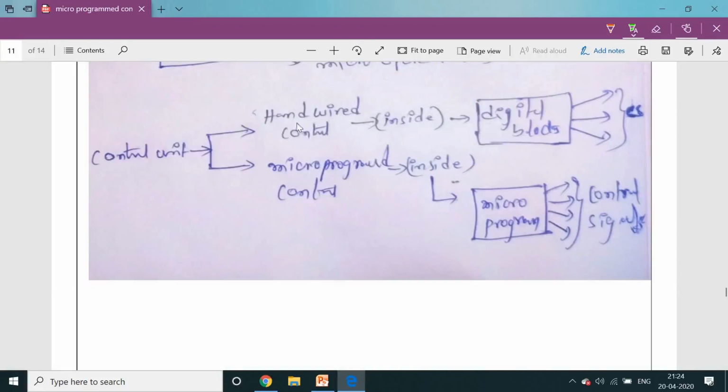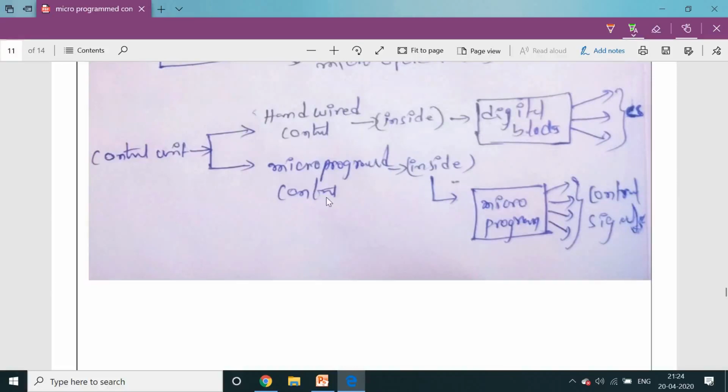Right, inside the hardwired control block, we are going to see some digital blocks, that means decoders, logic gates, OR gates, and some flip-flops. With the help of these digital blocks, we are going to generate control signals.